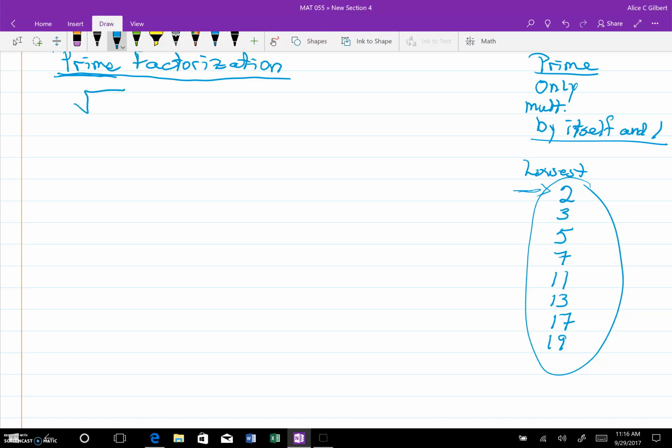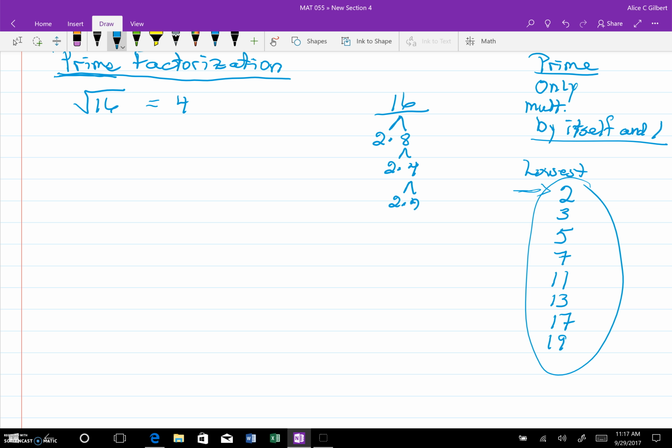So let's talk about the square root of 16. We all know that's 4. But what if I did not know that that is the square root of 16? So I would do 16. Now I'm not going to do it like we've been doing up till now, 1 times whatever, 2 times whatever. Okay, we're going to make a tree here. So start with the lowest prime number. Can that go into 16? It can. Keep going